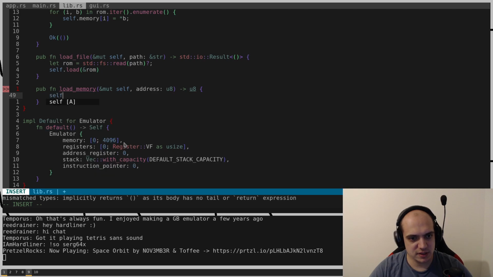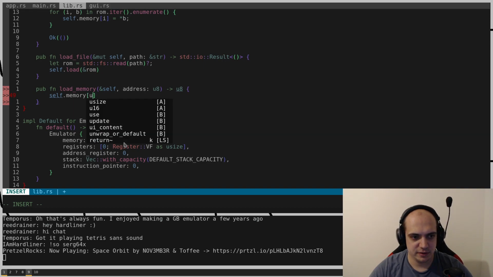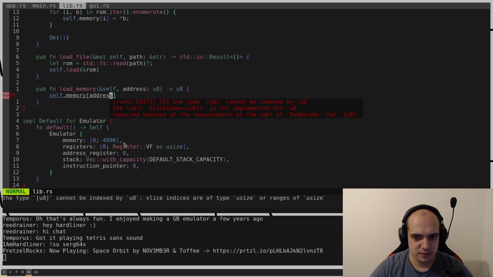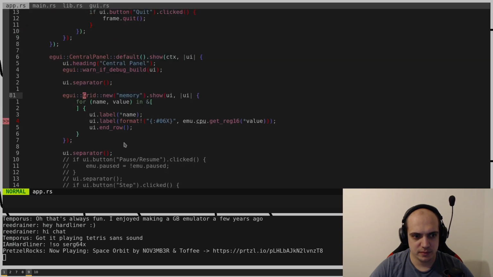Okay, so self. Wait, that doesn't need to be mutable at all. Memory. Address. That's it. Okay. So